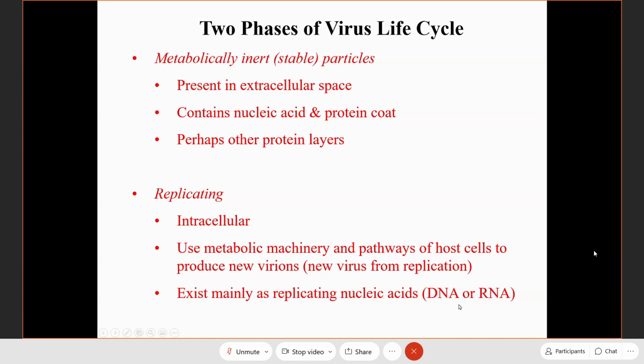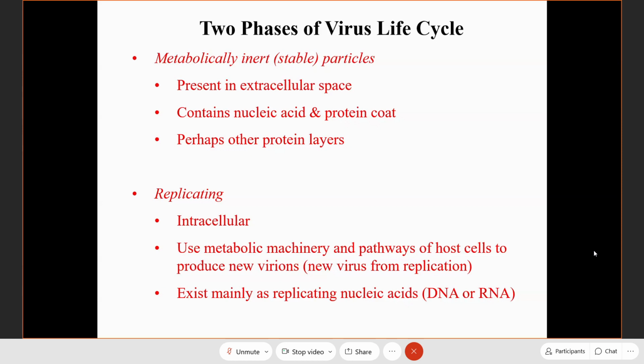COVID, how long does it take for you to get the disease from the first time you get infection? 14 days, right? So what happened between day one, the beginning of day one, until day 14? The virus replicates first inside our body, causes damage or destruction to a certain organ or system. Then from there you see the clinical disease, fever and so on, 14 days. So what is the virus doing during those 14 days?